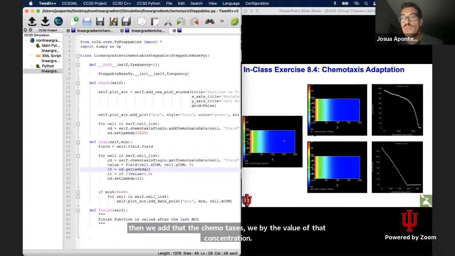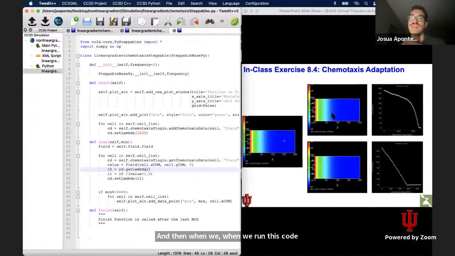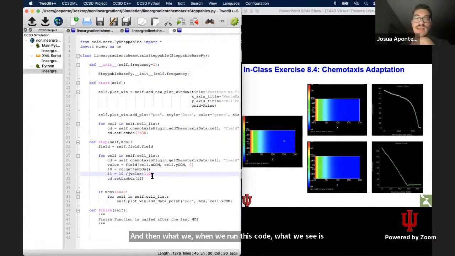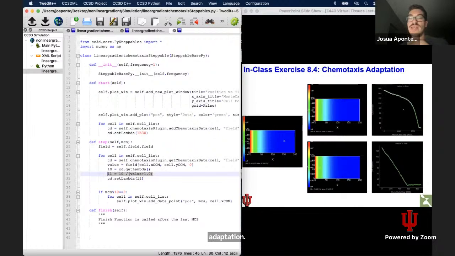And then when we run this code, what we see is that if we do not have this adaptation, the cell responds exponentially to the exponentially increasing field to the point where it disappears when it reaches very, very steep gradients near the edge of the simulation domain, because the force exerted over this is too big. If we use this